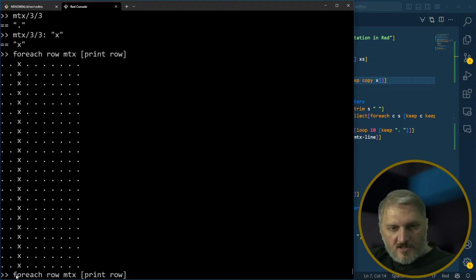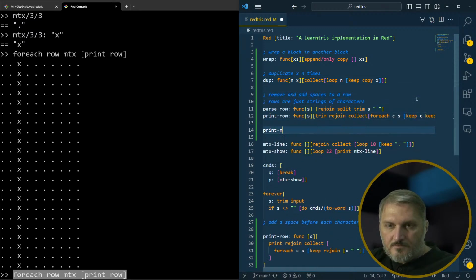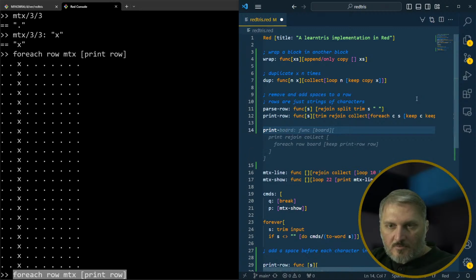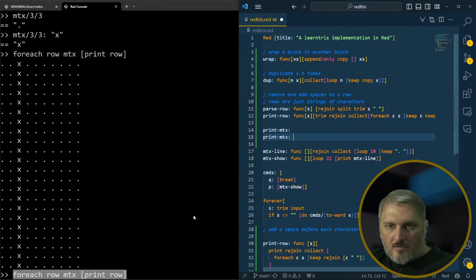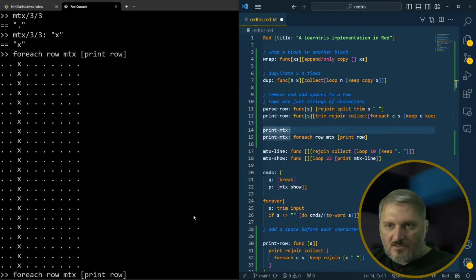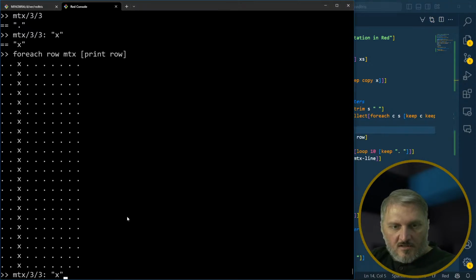so for each row in matrix, print row is going to be print matrix. Print matrix. Come on. Control insert, shift insert: for each row in matrix, print row. And then we have to say what matrix is, which is